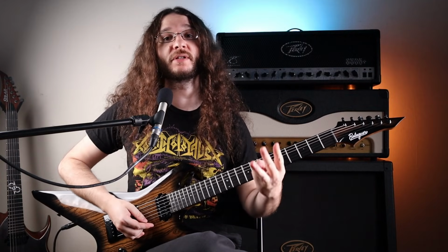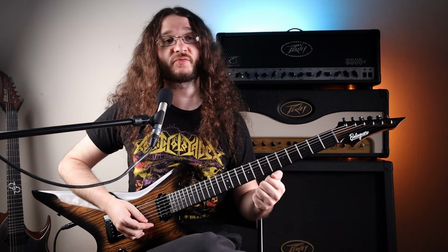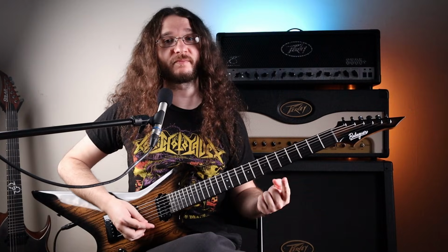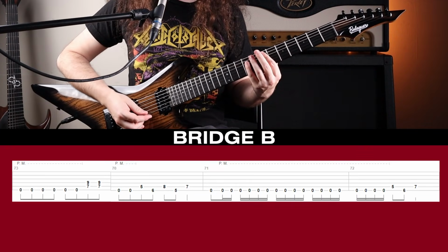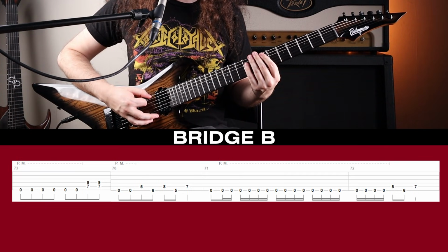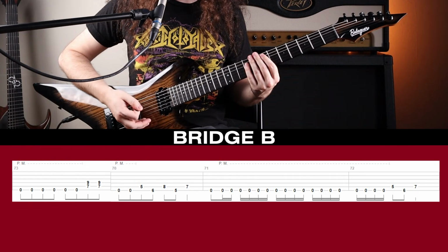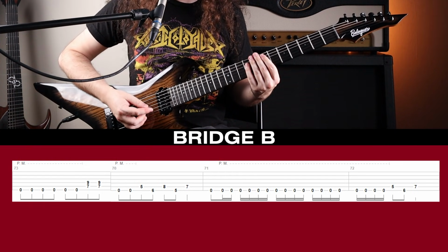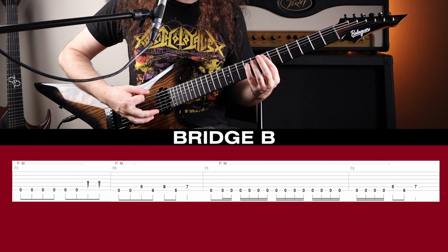Then that is going to repeat 3 more times, except for these 3 times, the first measure is going to be slightly different than the first time. The next 3 times around, instead of hitting 1, 2, 3, 4, and then the power chord, and then 2 more chugs, you're going to move those 2 chugs and the power chords around. So you're going to have 6 chugs in a row, and then the power chords at the end of the measure. So it's going to be...